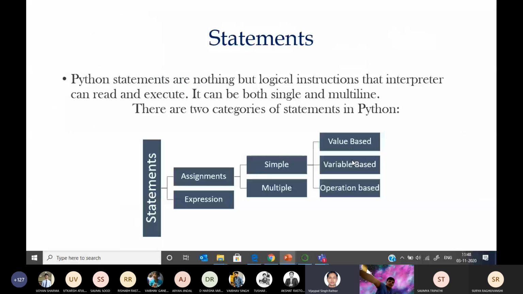Every statement in Python is actually represented with some assignment operation or assignment operator, or we can represent it with some expression. So statements can be